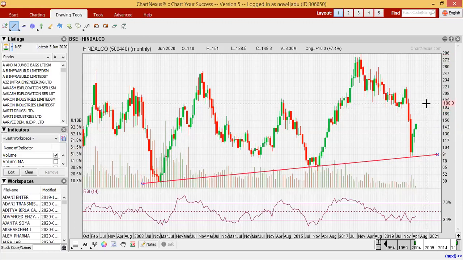But I am not predicting up to what level it can go. But see here, in all these stocks, we were able to pick them at the exact bottom. So this method is very useful. I am using this method right now, and it is very helpful to me to pick a stock at the exact bottom.